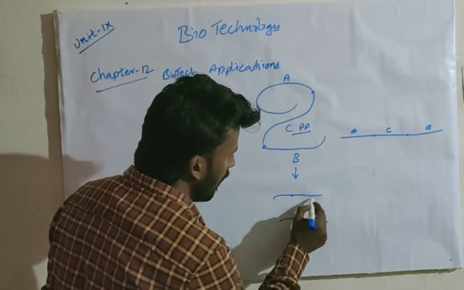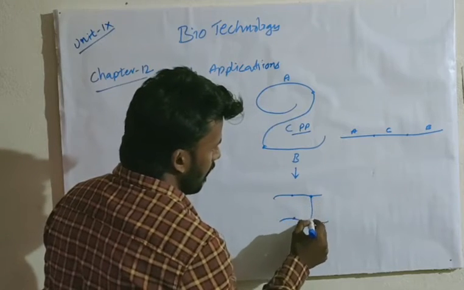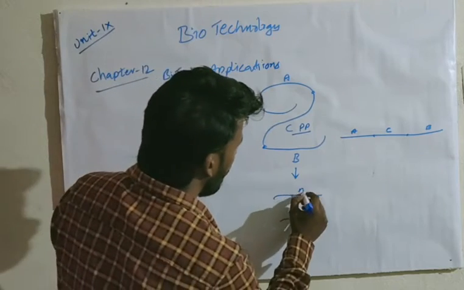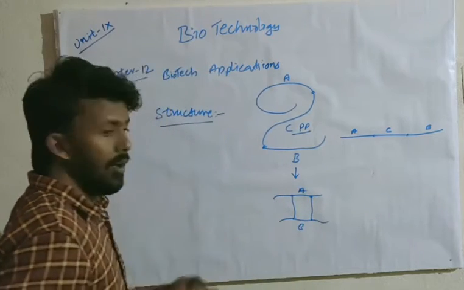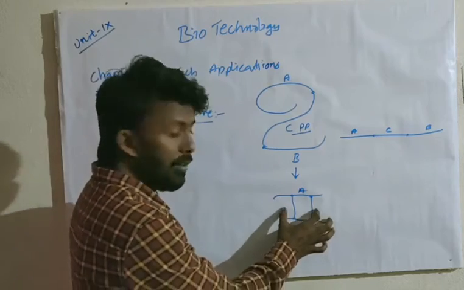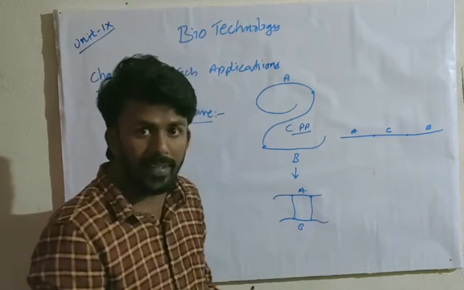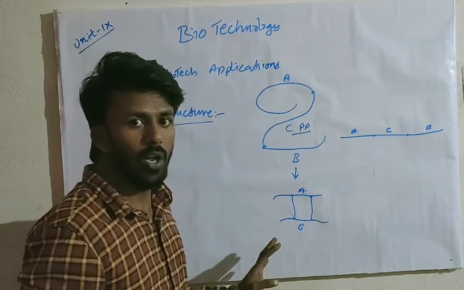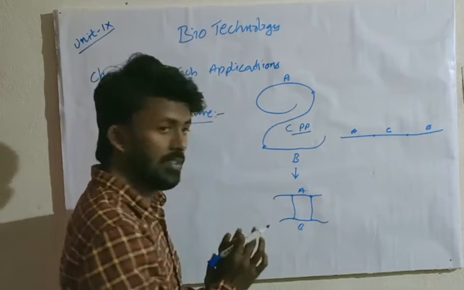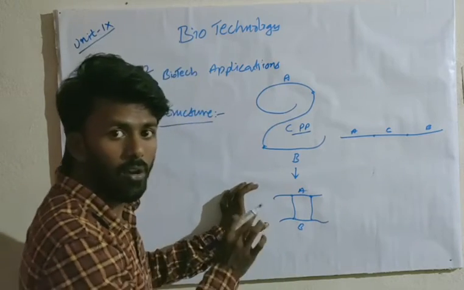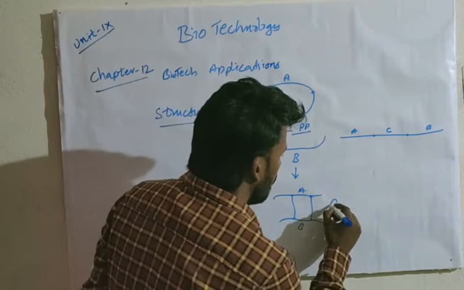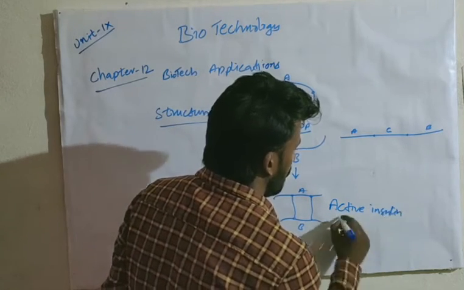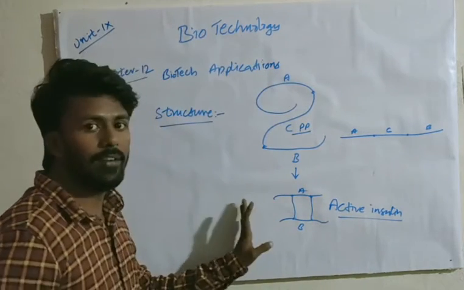After the formation of the A and B chains, disulfide bonds are formed between these two chains. Once the disulfide bonds are formed and A and B are attached, the role of the C chain is done and the C chain is removed. Now we have only the A and B chains, and this is our active insulin.